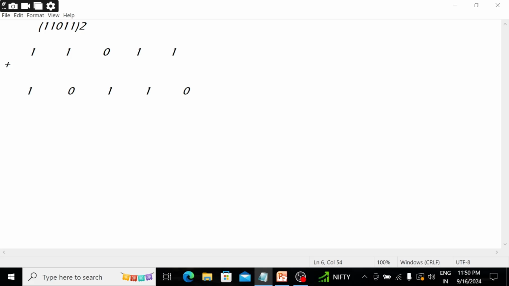We get the final answer, that means 11011 gives 10110. We write this as Gray because the number we created is Gray, 10110.